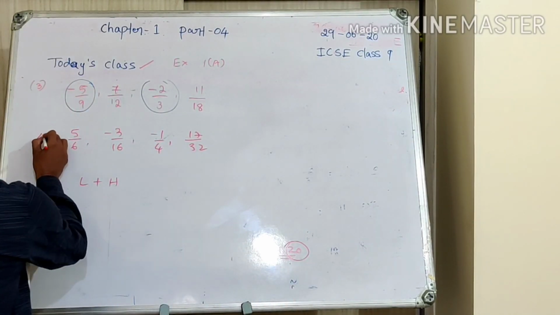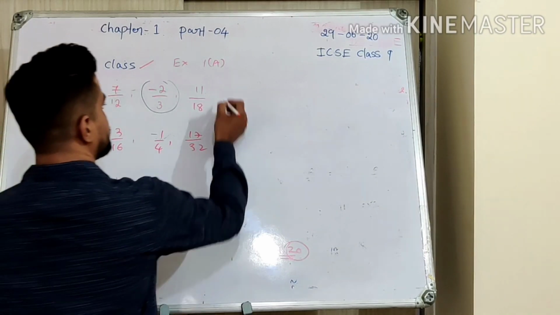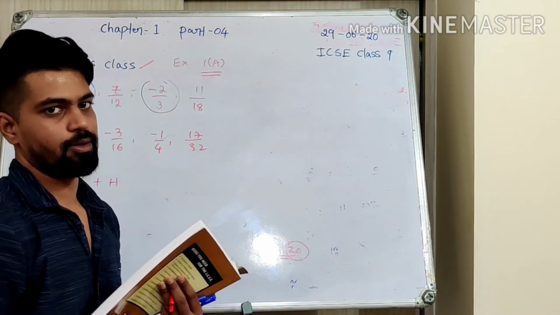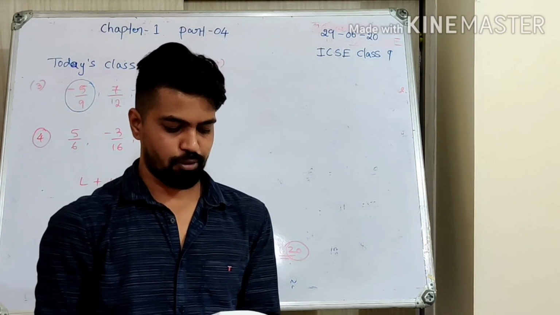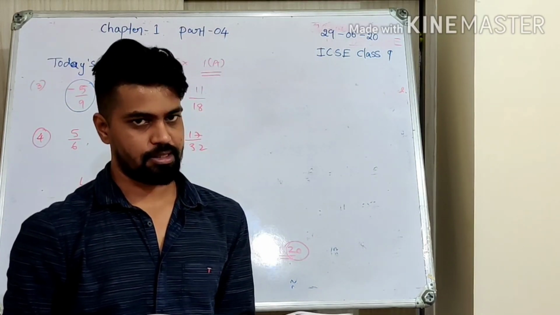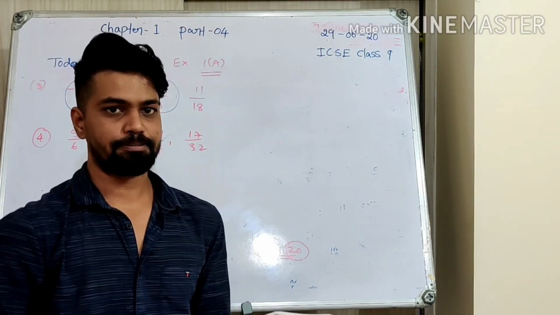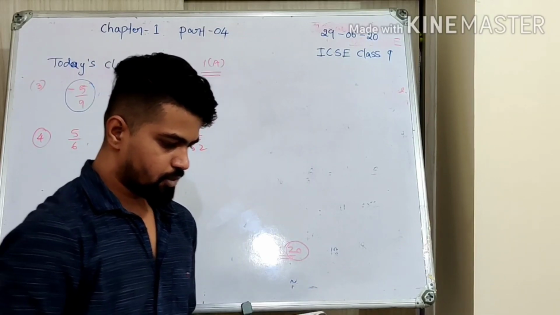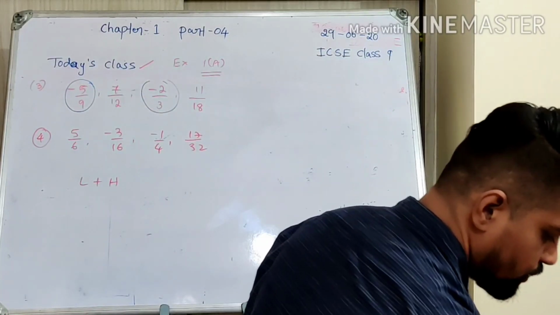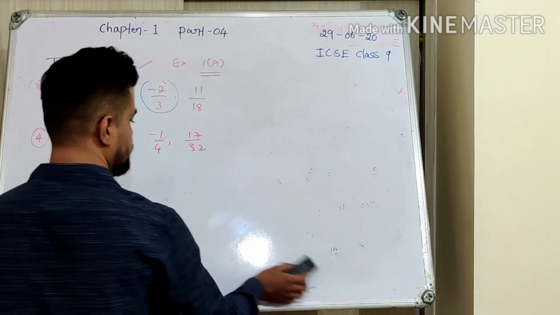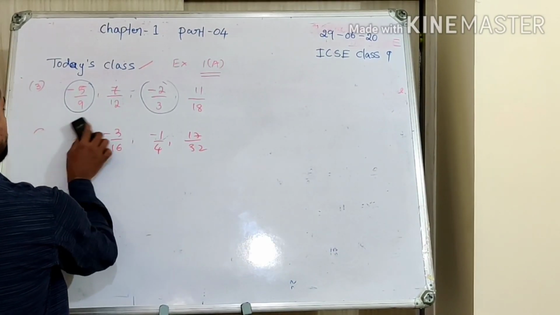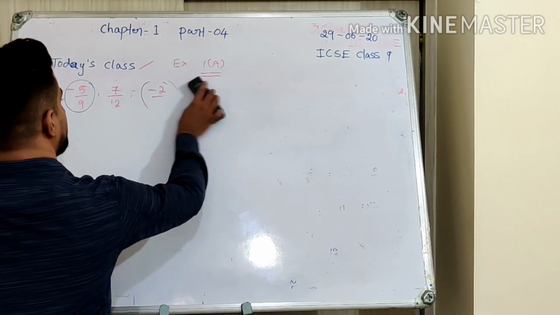So that's your work. Remember, question number 4 in exercise 1A will be your assignment. If you have any doubt, we'll discuss in the live session after the chapter. If you still don't get the answer, I'll be giving the solution on the board, but I want you to try this, as it is very similar to question number 3.